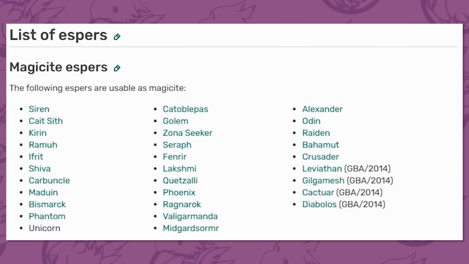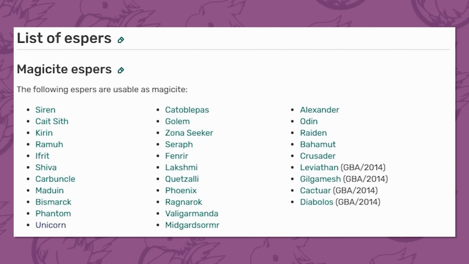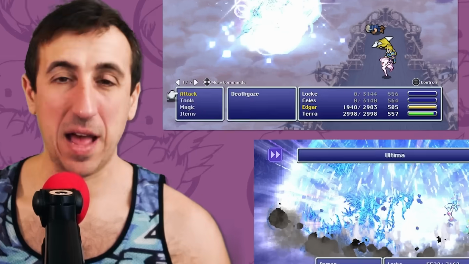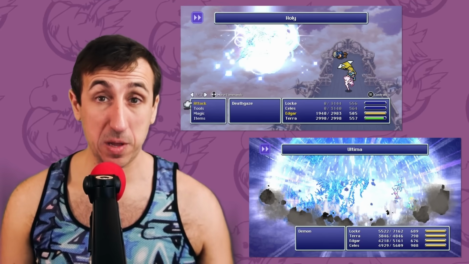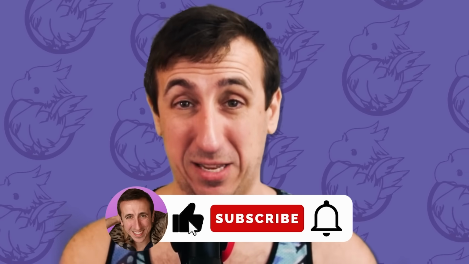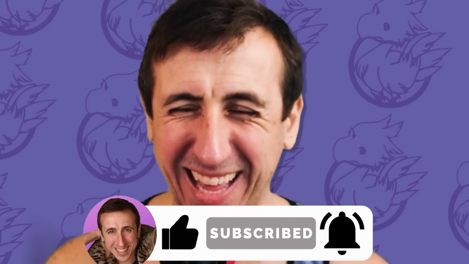In Final Fantasy VI, characters can equip espers to learn magic, and once that magic is learned, they can use it at any time. And this includes the incredibly powerful Ultima and Holy spells, as well as the most powerful spell in the entire game, the subscribe button, which you should...